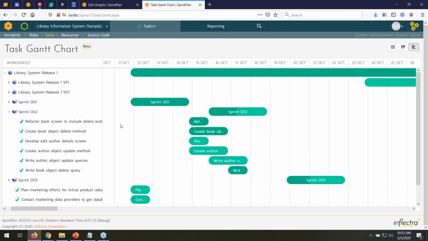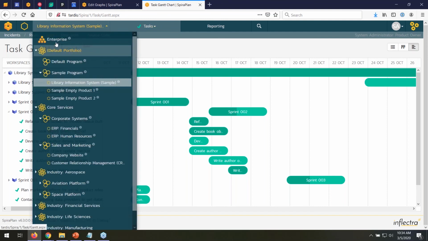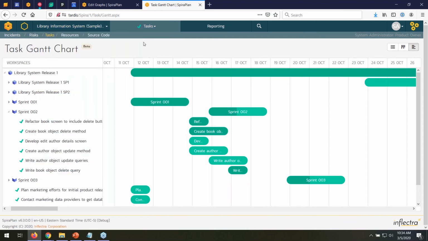So that's an overview of what's coming in 6.5. There will be some other smaller enhancements and bug fixes, but for the most part, it's adding the new portfolio level, the enterprise view, the new dashboards at the program level and the product level. It's adding the new release views, which is basically the mind map view or the hierarchical view and the Gantt view. And on the tasks section, it's adding the Gantt chart view as well. So that's our main set of functionality coming out in 6.5,